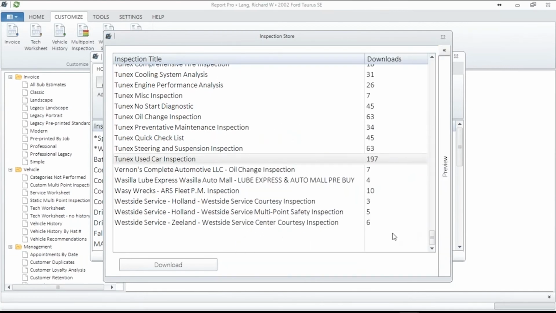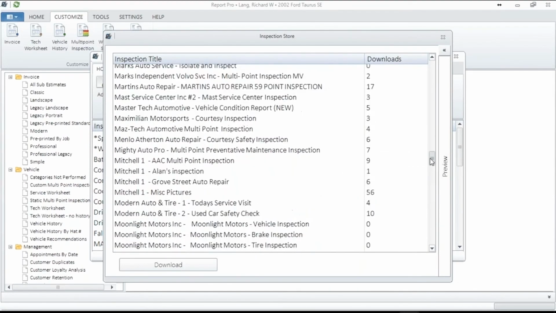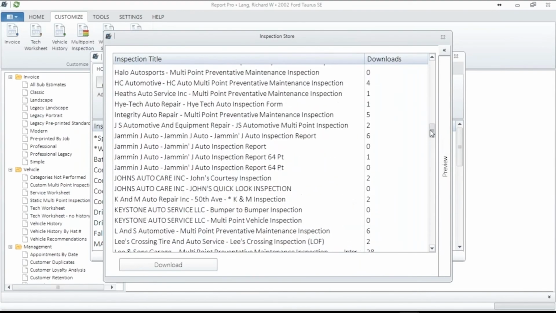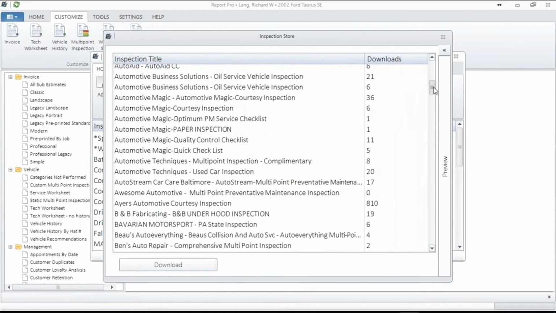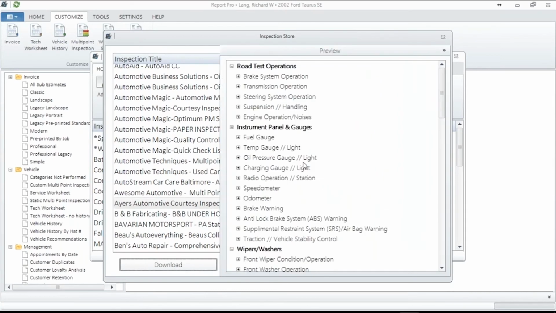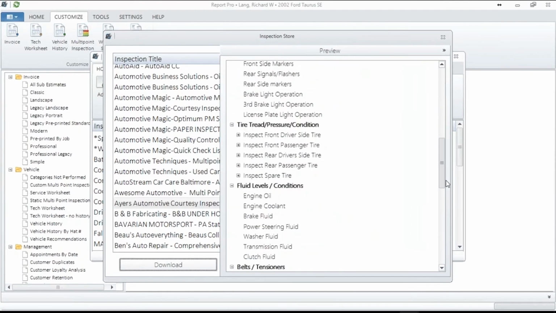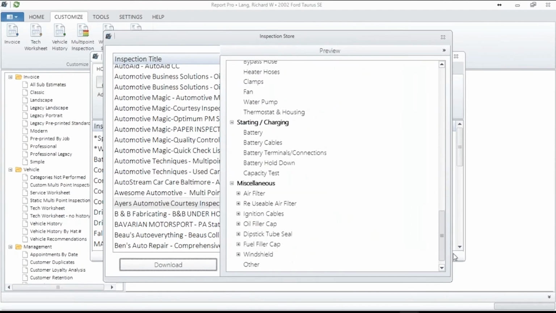So go through your list, but I'm going to show you the granddaddy of them all, the inspection that's got the most downloads. It's the IRS inspection. And why is this probably being downloaded? Because this guy went nuts. He must have been busy, or I'm sorry, bored one day. It's downloaded 810 times. Look at the largeness of this. In my opinion, it's a little overkill,